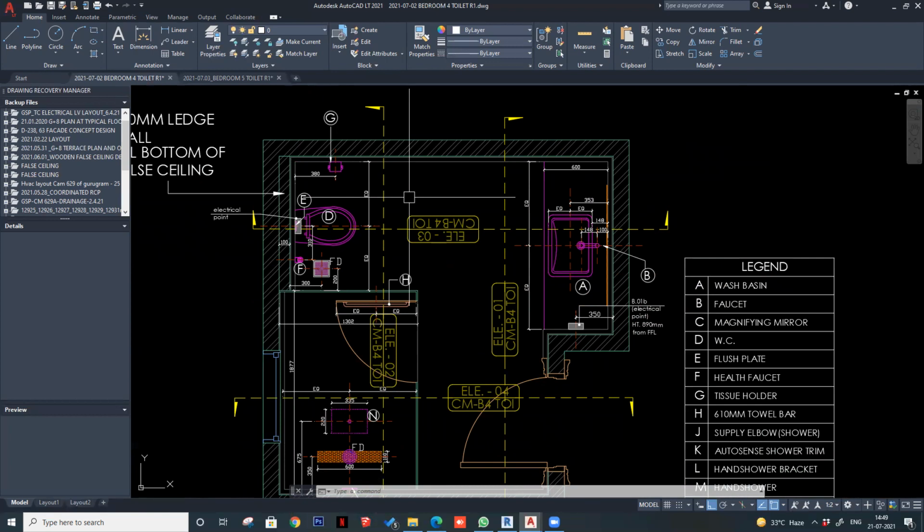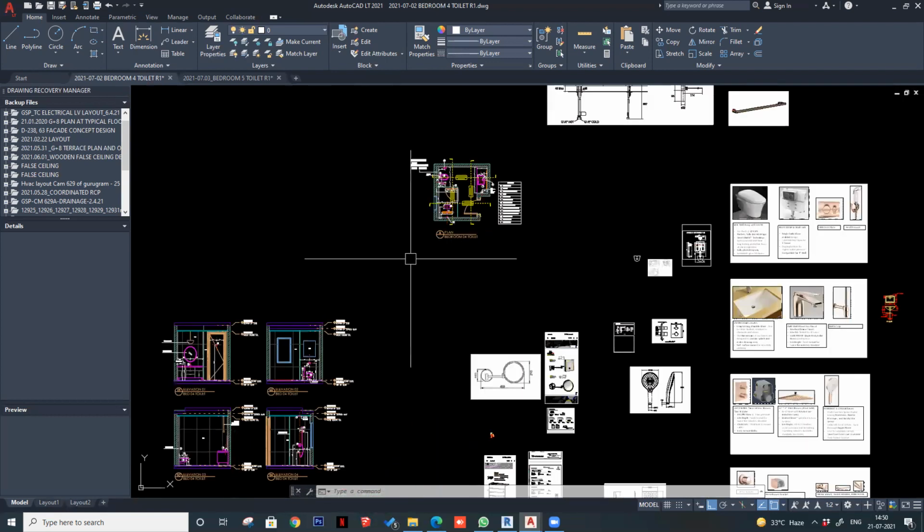You'll have to coordinate the drainage of the toilet, the electrical points, and you'll have to take care of the HVAC ducts and whatever is happening on the ceiling to achieve the false ceiling level.